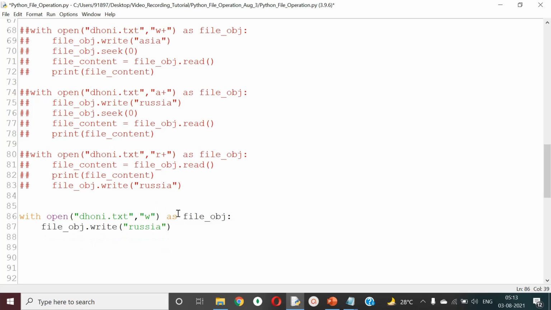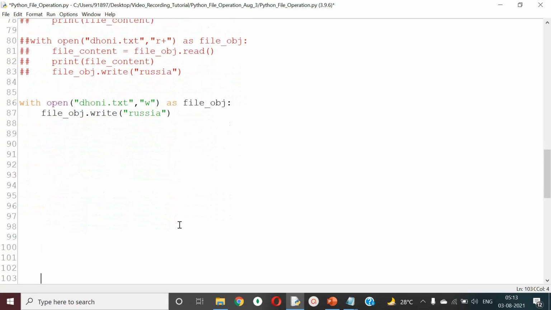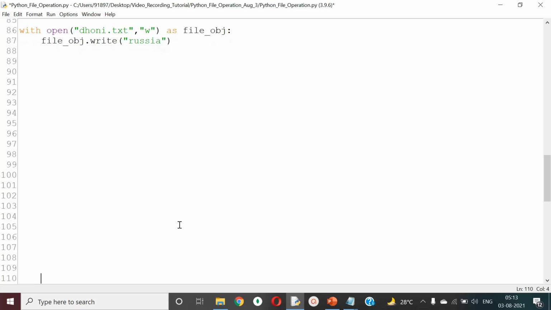Now look at this. What is this? A write content. So using the file, I'm trying to write a content, and the content is Russia. On which folder will this be running? As I told, we don't have any other option; it is supposed to run only on the current folder, meaning the folder in which my Python file is running. That's how it works. There is no other option.